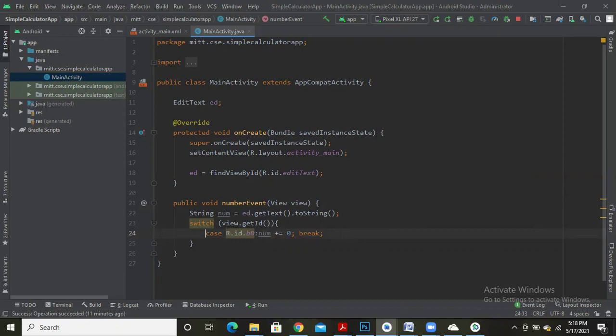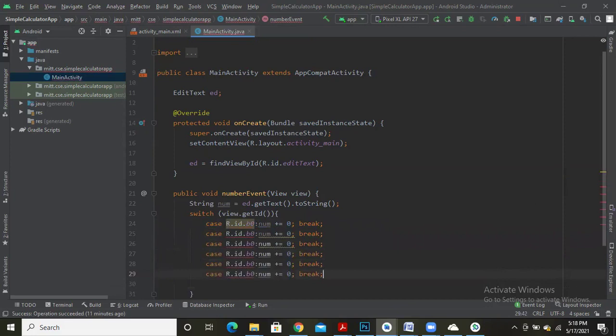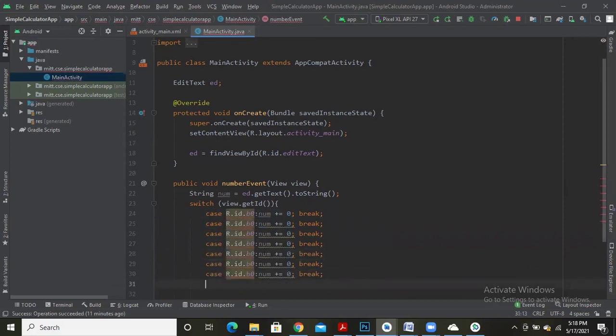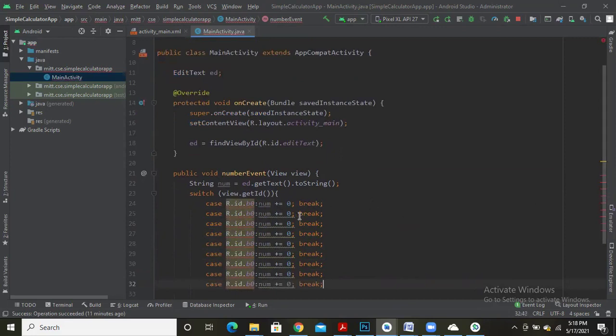This is what I do if I come to know the button is 0. The same thing, let me copy and paste for all the digits. Now suppose my ID is B1, this is the ID corresponding to button 1, in which case the number has to be appended or concatenated with the value 1.